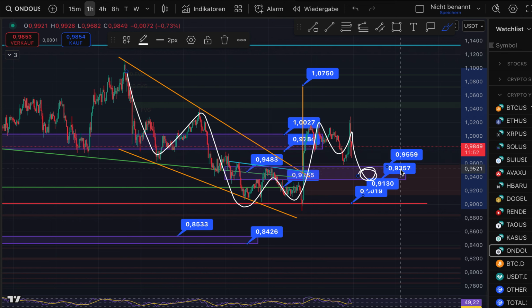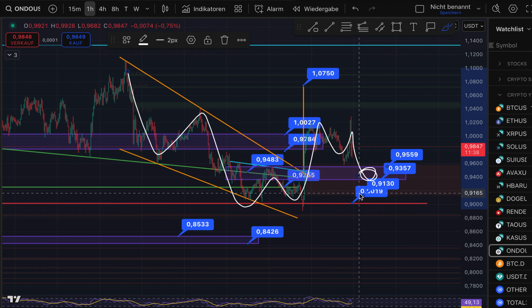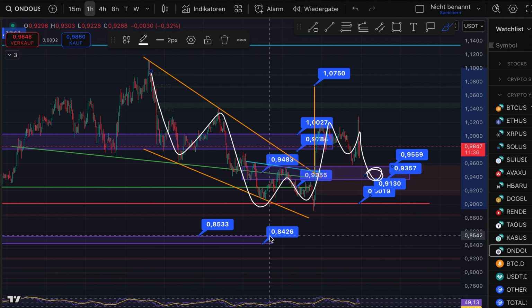95.5 cents to 93.5 cents. If I have $100 which I can put into ONDO, why not? If ONDO drops to 90 cents, why shouldn't I buy there for another $100, for example? If it drops more, 85 cents to 84 cents, there I can buy for 300, 400, 500 maybe. If I have it in my pocket, why not? Like, scaling up a little bit, this would be my strategy if I want to put coins into my HODL portfolio, trying to get the best entries, but the entries should be on support.